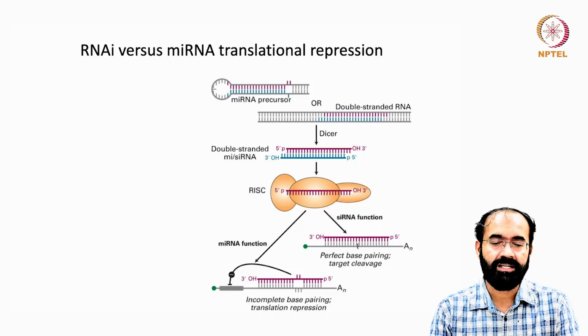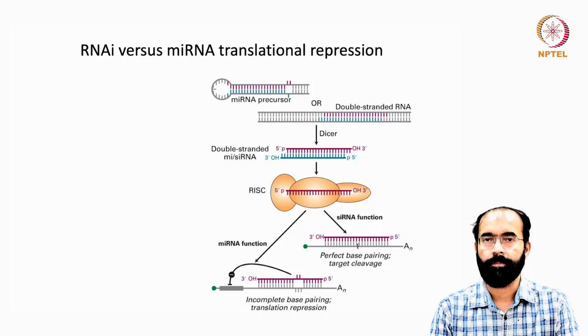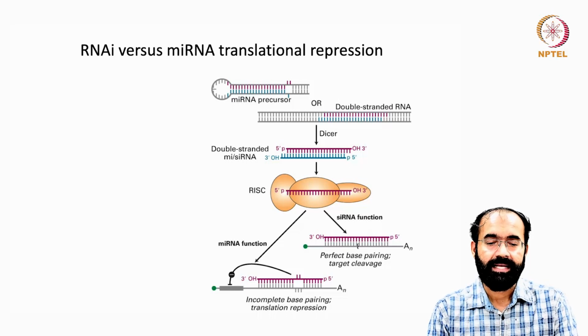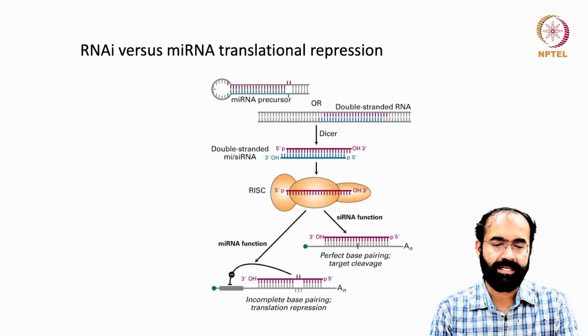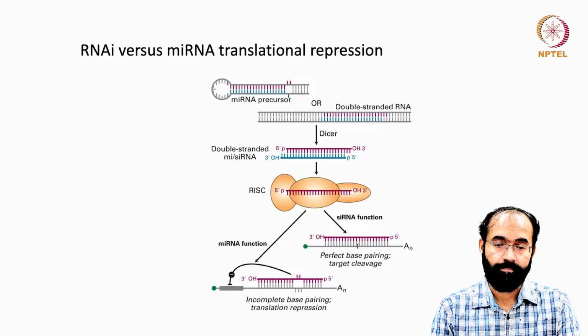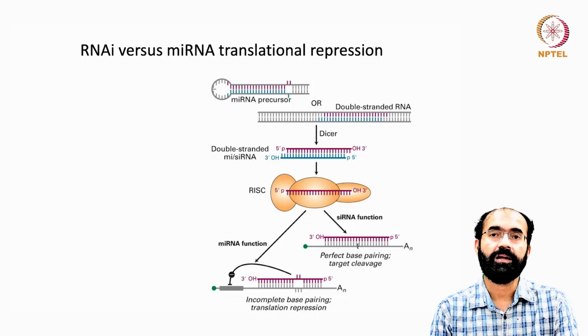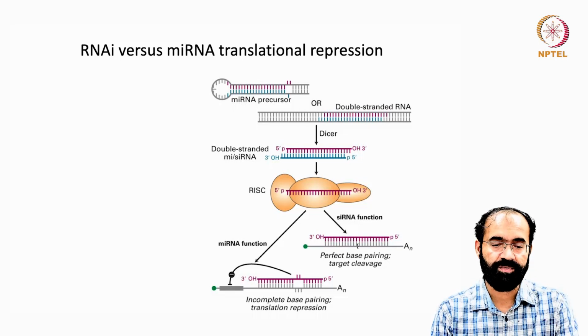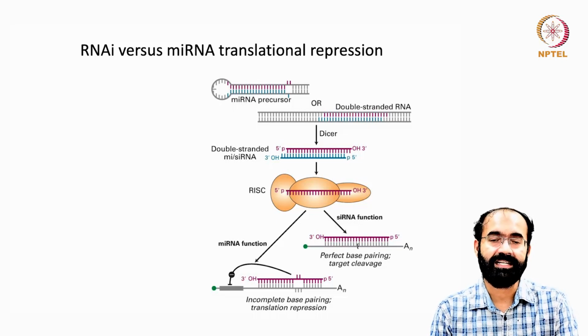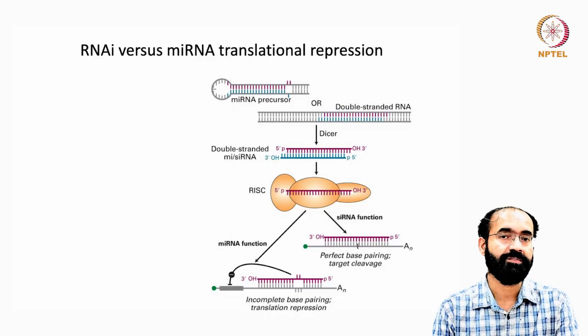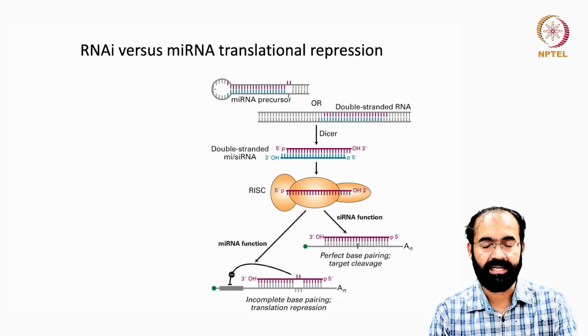This stem loop structure has a double stranded region and a loop, whereas here it is two long strands that are paired together. In either case, both can be acted upon by Dicer, and you end up getting double stranded microRNA, and they are shorter in length. They are of the order of 22 nucleotides, and they have a 3' OH and a 5' phosphate on both the ends. This double stranded microRNA, we can call it an siRNA also, because there is not much difference between the two except for the target binding,